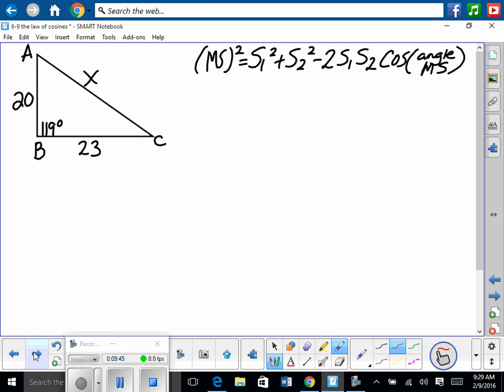So looking at this, once again, you'd have to ask yourself, am I using the law of sines or cosines? So we're trying to find x. We're given one angle and 2 sides, where the side across from the given angle is the missing side. Therefore, we have to use the law of cosines. So once again,